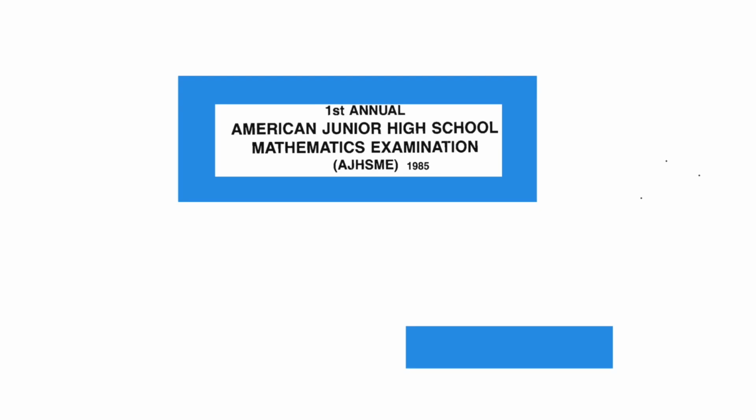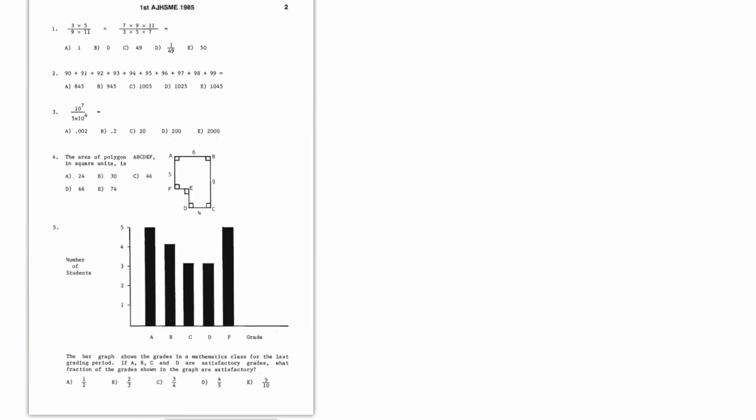First annual American Junior High School Mathematics Examination, AJHSME 1985. Actually, it's just the AMC 8 1985, at that time called AJHSME. Number 1. 3 times 5 over 9 times 11 times 7 times 9 times 11 over 3 times 5